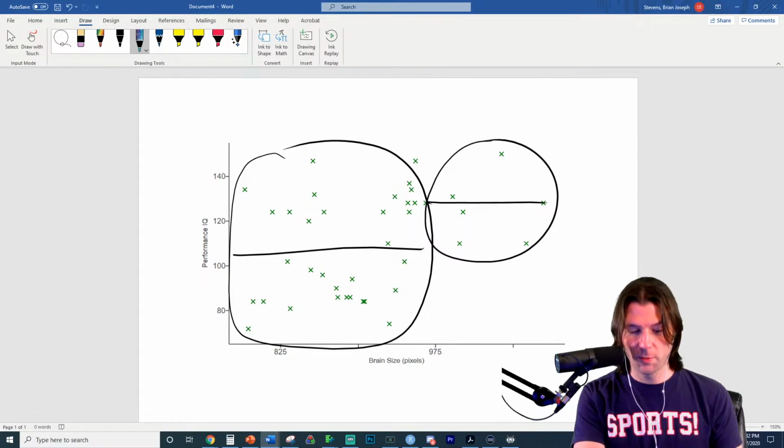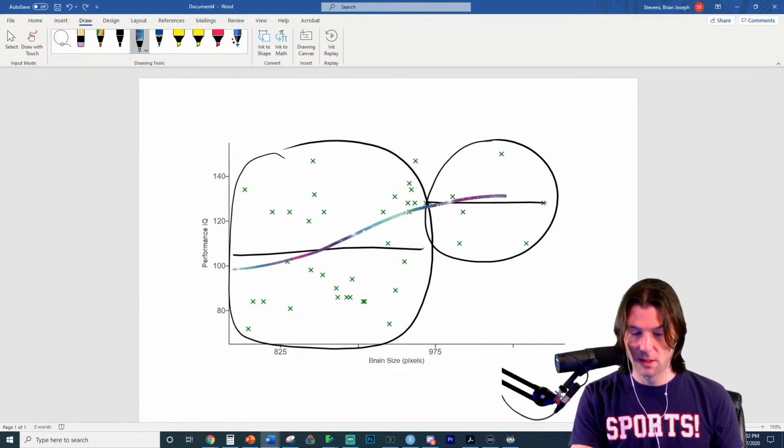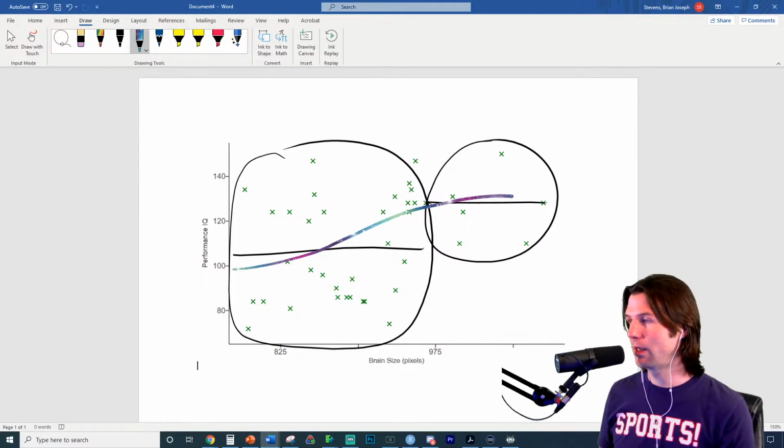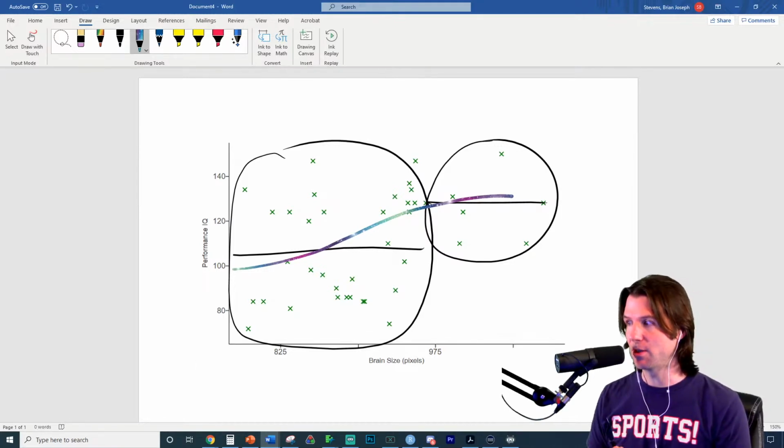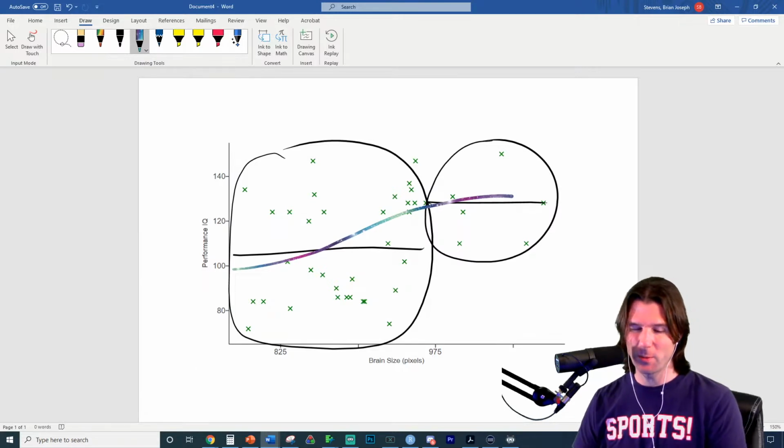And if we were to draw through it, we might draw something like this right here. I wish it gave me the data because then I could just run the data and find out all the values. But if we were to draw through it, there might be some non-linear relationship. So if there is anything, it's pretty weak.